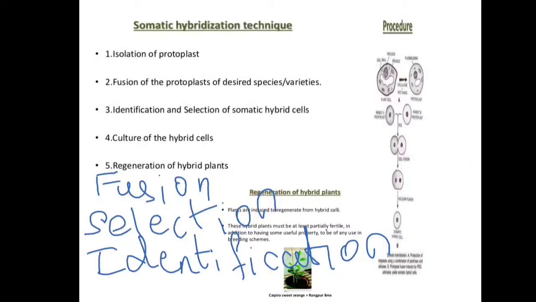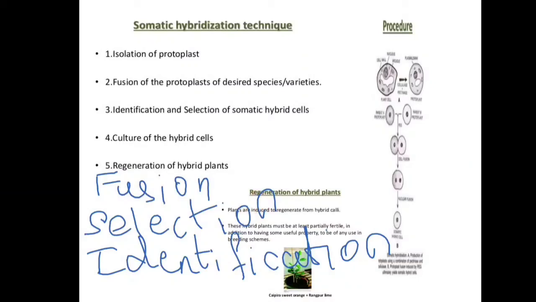Okay, so in biochemical methods, the selection of the hybrids is done on the basis of biochemical compounds in the medium. That is the selection medium which we choose for the culture. And these compounds help to sort out the hybrid and parental cells based on their differences in the expression of the characters.